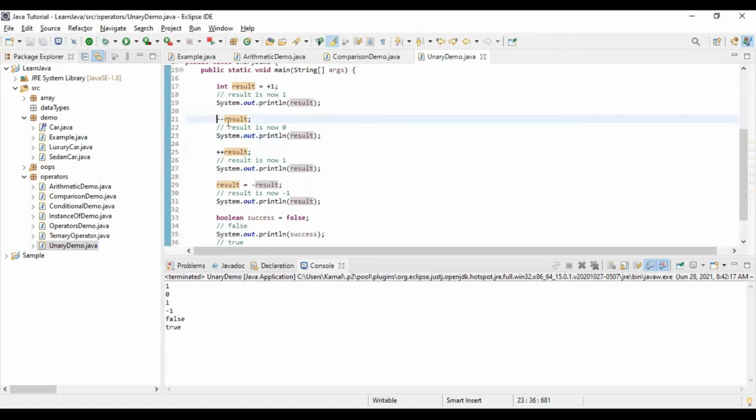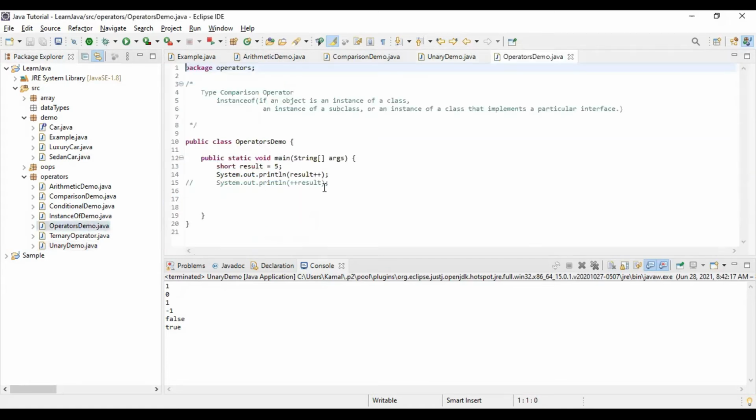It will not make any difference if we are using it like this. But it will make a huge impact if we are printing the values in the same line like this.